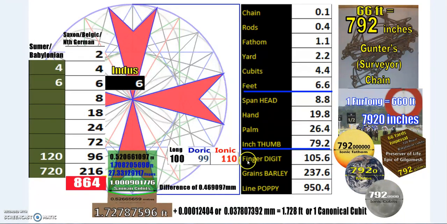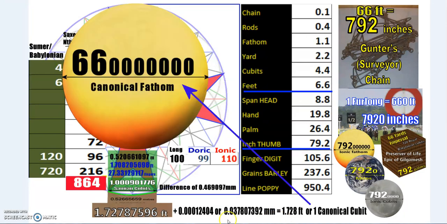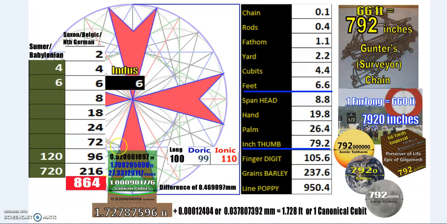So we'll put this over to the side. So 66 and 792. Now all these other particular numbers just have extraordinary links as well, but just the 66 and the 792 from the Gunter's chain as described in New Jerusalem. Well, that 1 second pendulum, based on a 3.3 foot long pendulum, creates 1 second. That 30 degrees of arc is